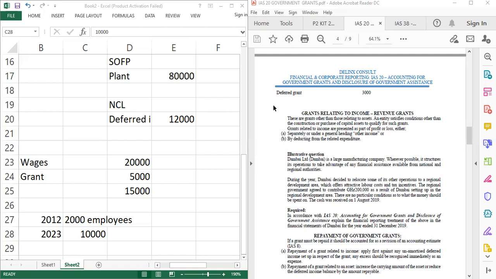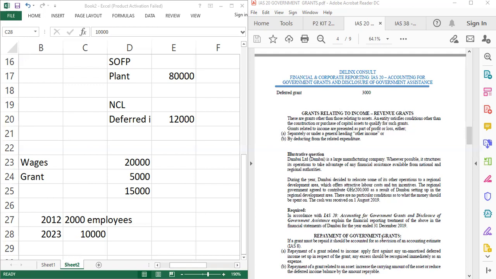Okay. And also there are no conditions attached. No conditions attached to what? To the use of the money. So you just recognize the money straightforward as a revenue item because there's no condition attached to the grant. We don't have to hold the money waiting to satisfy a condition. Since there's no condition attached, we assume that the money given to us is a donation. Straightforward, profit or loss, 200,000. Are we okay? All right.